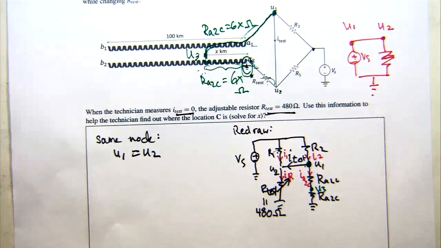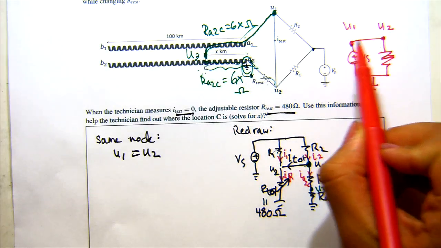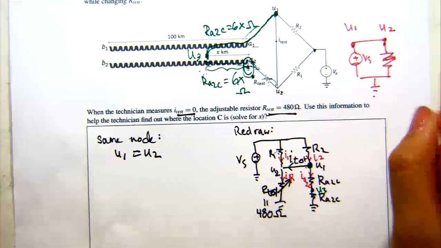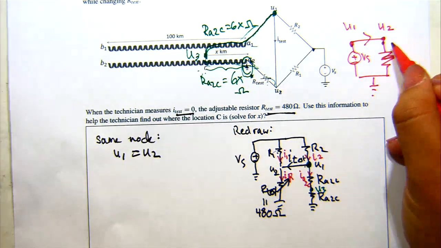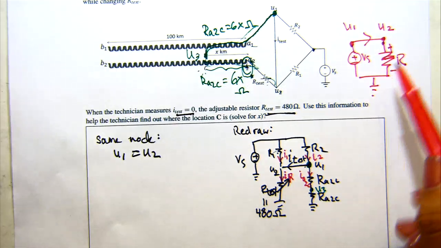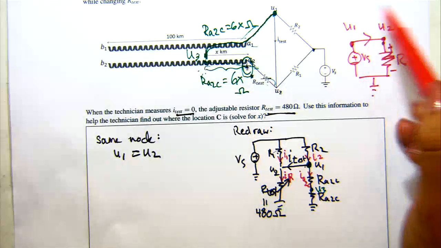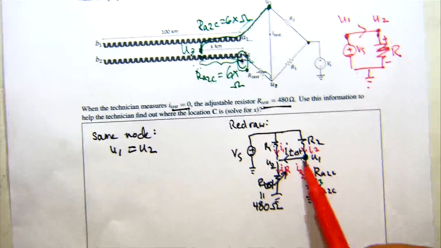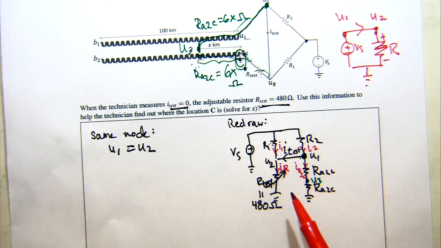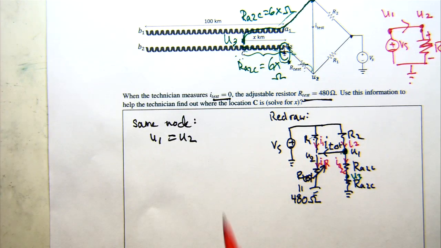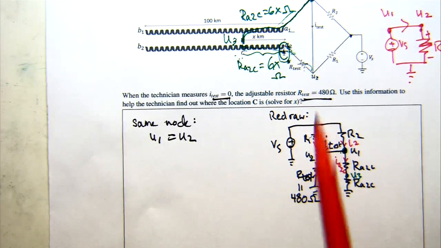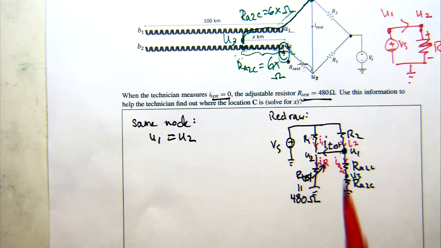Okay, so everyone agrees that the potential at U1 and at U2 is the same, right? But is there any current going from U1 to U2? There is current, right? Because I have some resistor here, I know that there will be current flowing from my voltage source through the resistor. So it's the same thing going through I test. There can be current going through here, even though the potential at each side of the node is the same. Okay, so the fact that I test is equal to 0 actually tells us something very special. Does anyone have an idea of what that might be?